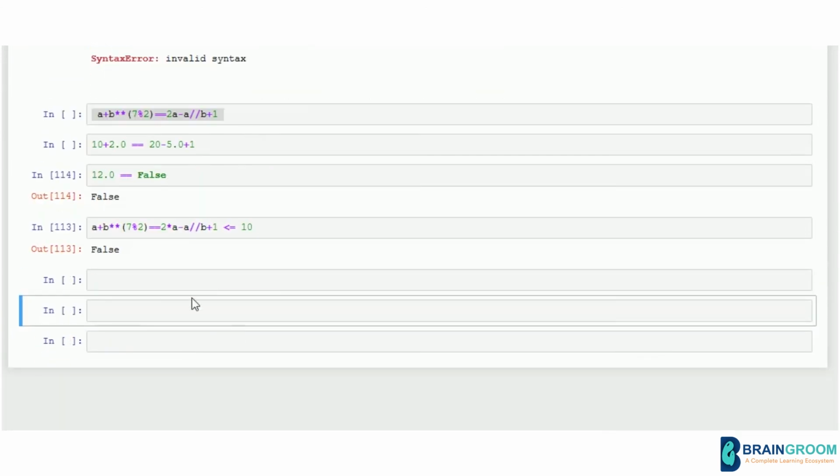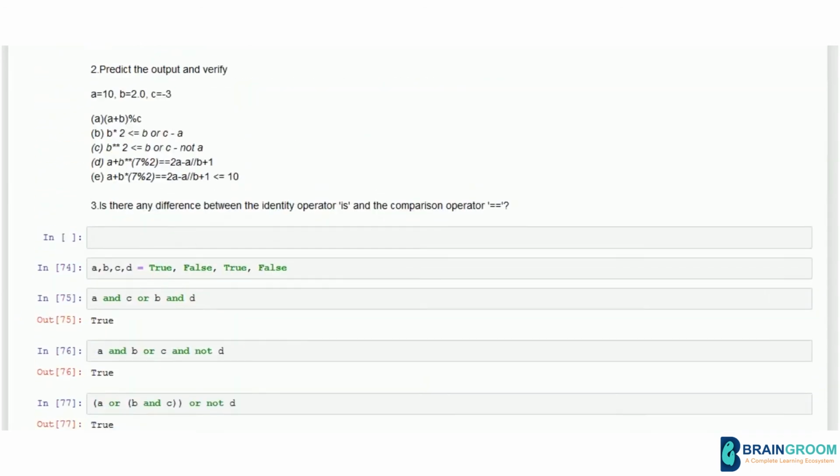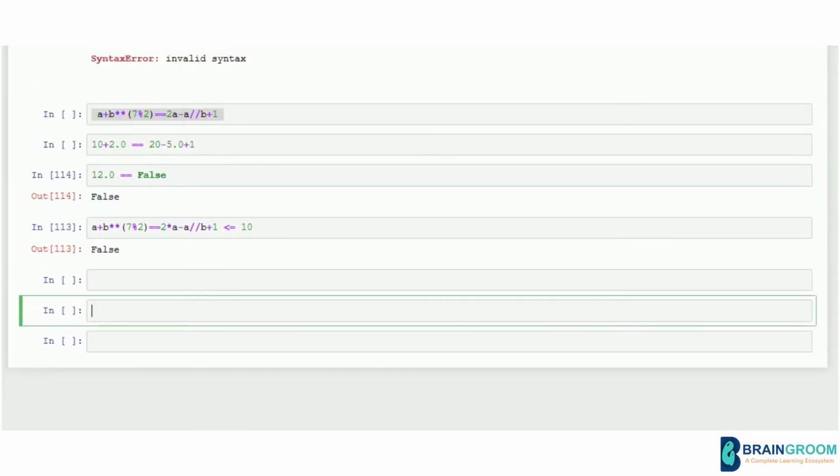Now on to the last question: the difference between is and equal to. This is really important because just this mistake might affect the complete program in case you are using this particular condition to change the flow of the program. So know that, while I was explaining, I mentioned that double equal to checks for the equality of the variables, and the is operator checks if two objects are the same.